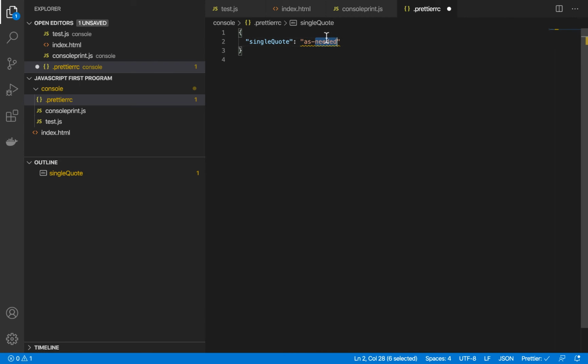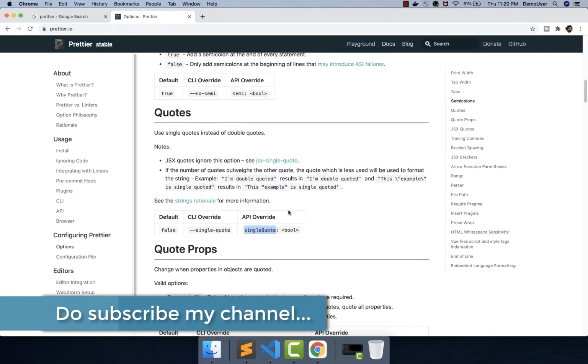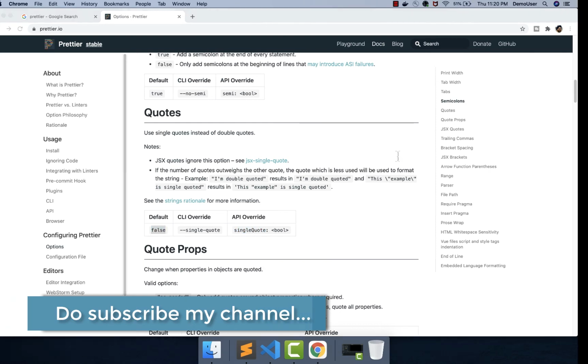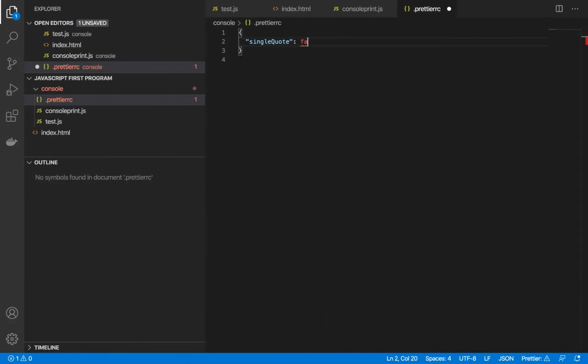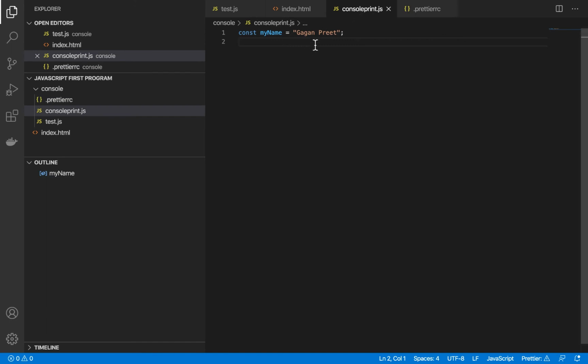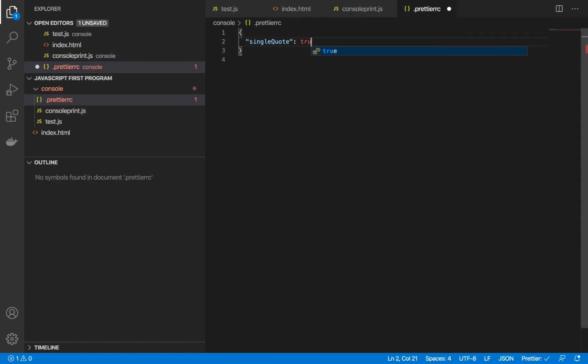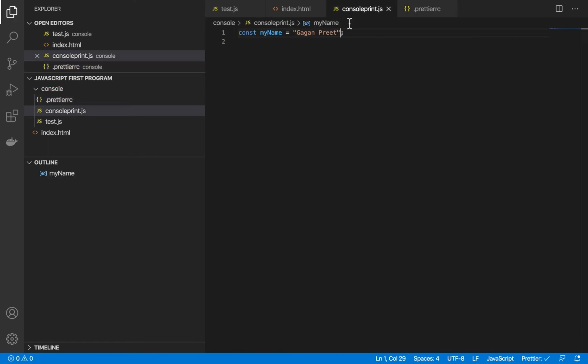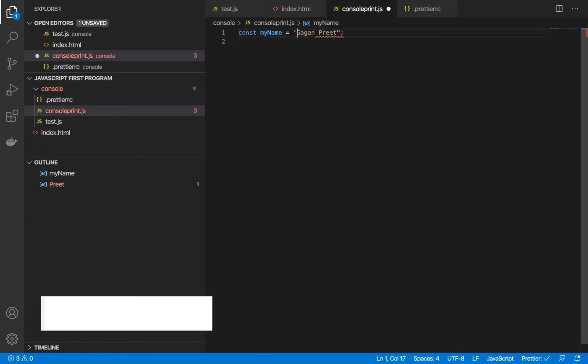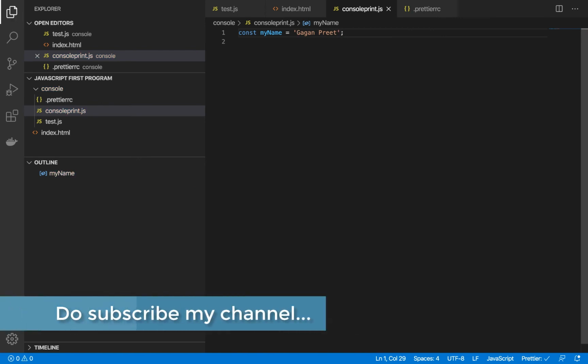single quote, and over here we have to give a boolean, either true or false. So I will go back here, and by default it is false. So if it is false, then there will be no change here. So I'll just save it and I'll go back to my code again over here, and I'll just provide my single quotes here, save it. You can see again it is getting changed to double quotes. Now if I provide a true over here, save it here, go back here, and again if I save, you can see it's not getting changed.